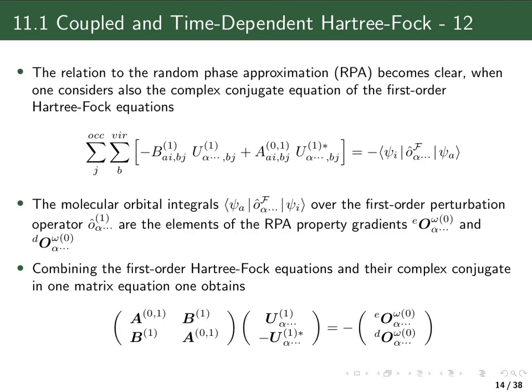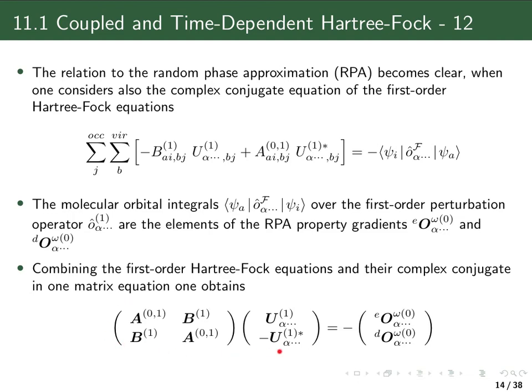A few slides back, we had introduced in the expression for the first order correction to the Fock matrix the A and B matrices of the random phase approximation. In the next two slides, I want to make the relation between the random phase approximation and this coupled Hartree-Fock more clear. In order to do that, I take now the complex conjugate of this first order coupled perturbed Hartree-Fock equation, which we had before, and combine the original coupled Hartree-Fock equation with the complex conjugate to a big matrix,